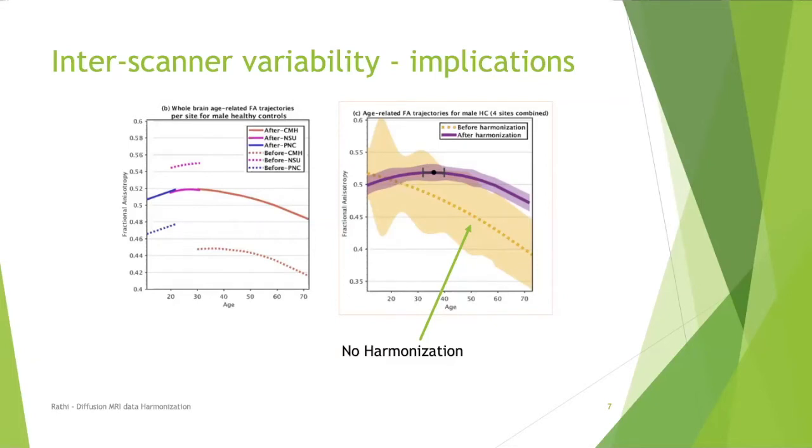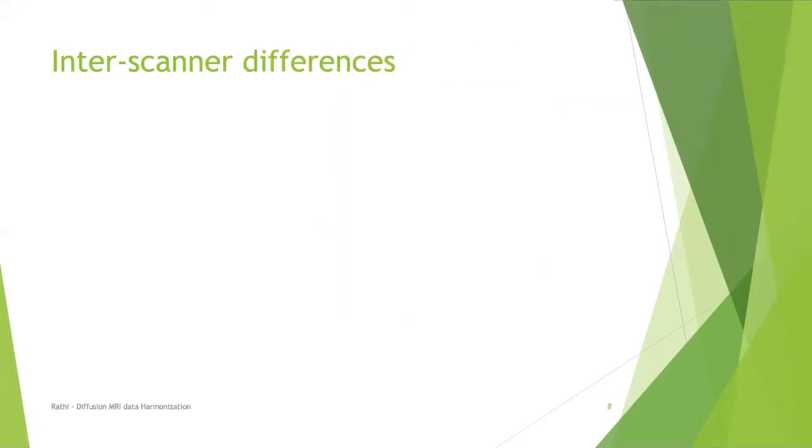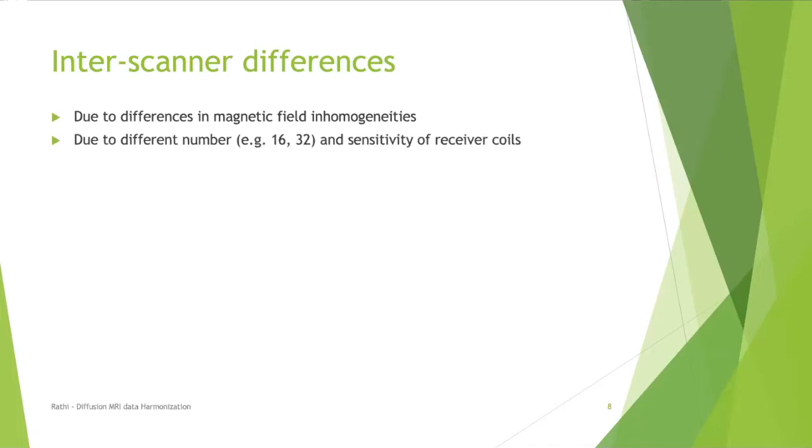So it is very important that we harmonize the data from different scanners. Now, where do these differences between the scanners come from? One is the magnetic field inhomogeneities. There are differences between scanners in them. And then there are many other